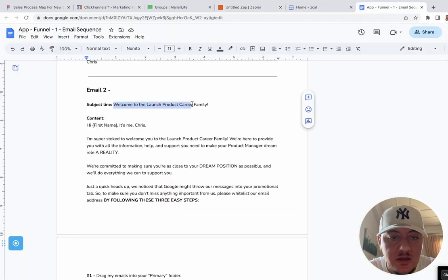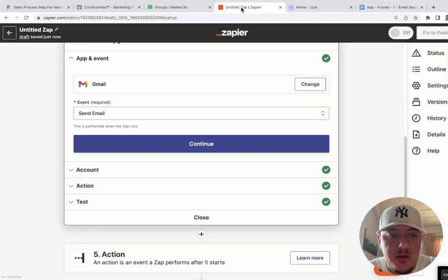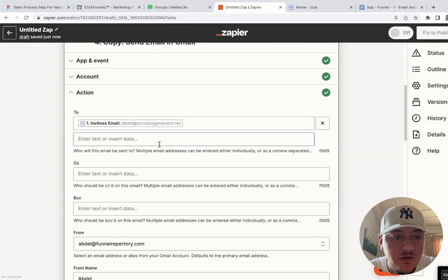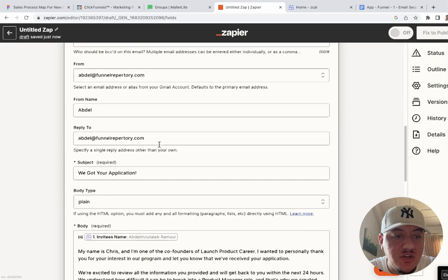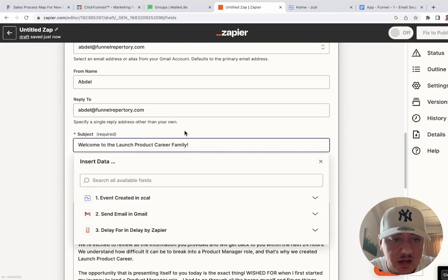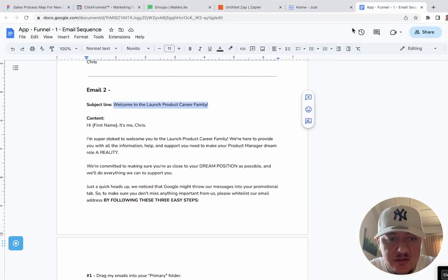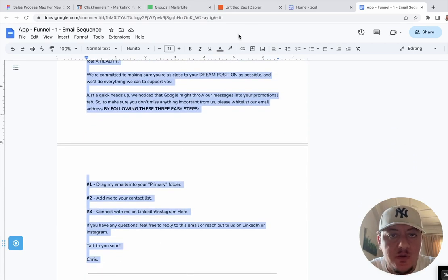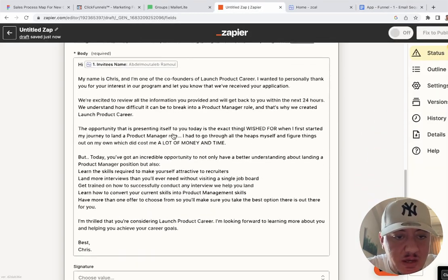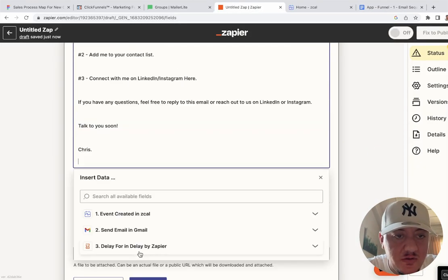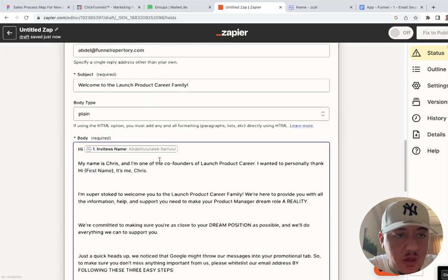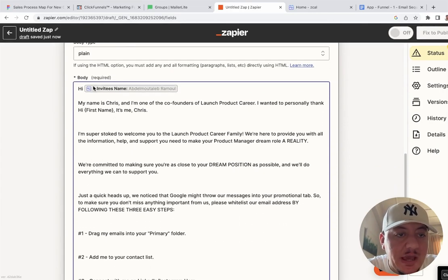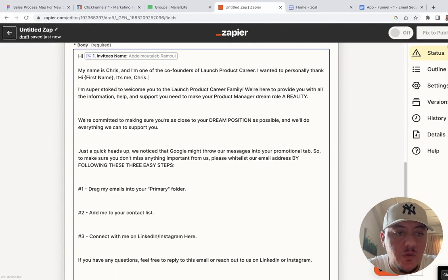So we're going to copy this and hit continue, and then we're going to change the subject line, and we're going to change the content of the email, right? Let's go here, and let's go here, right? So we have a lot of spaces going on. So as you can see, I kept this information because we wanted to,